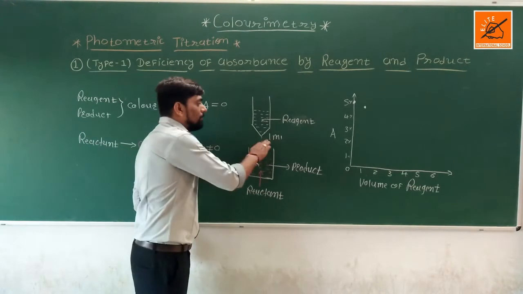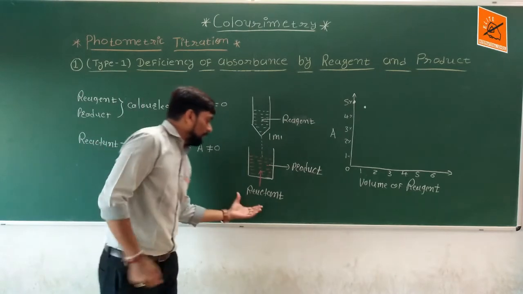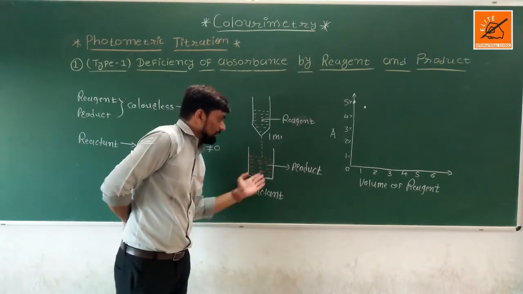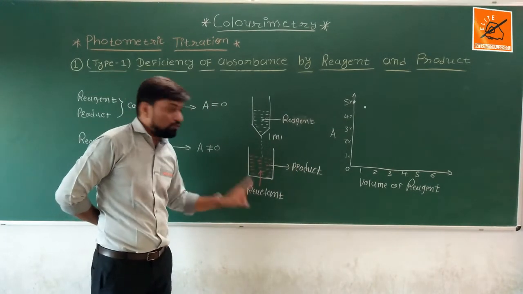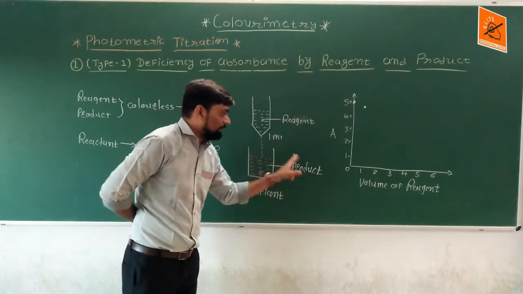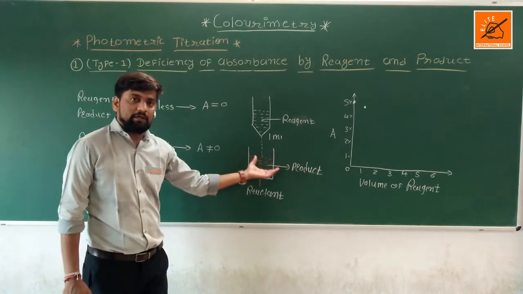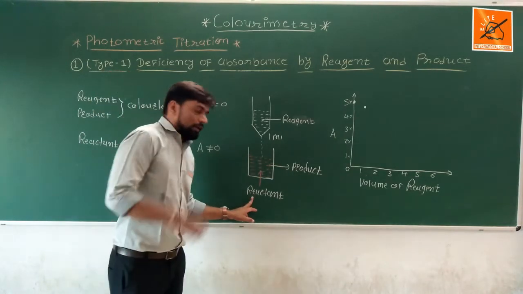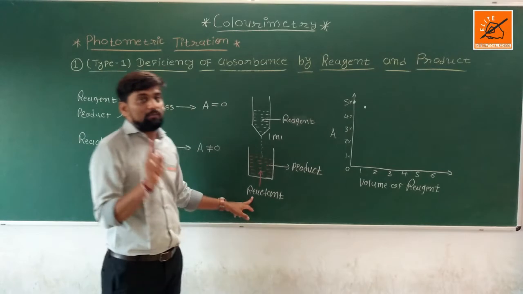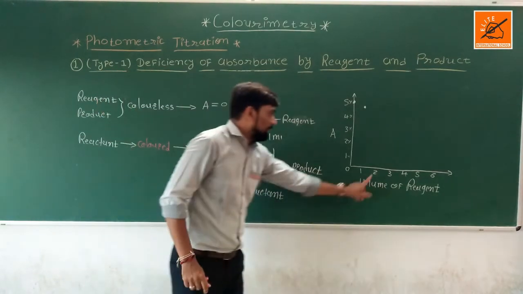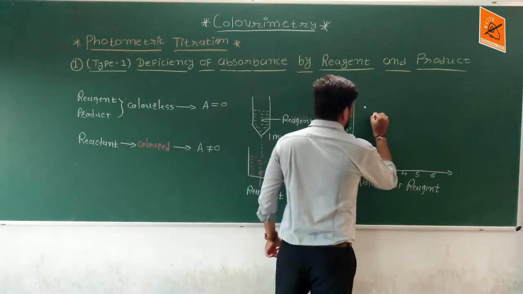Now we add 1 more ml of reagent into the flask. At this time 1 more ml of reactant converts into the product. So a total of 2 ml of reagent has been added into the flask, and a total of 2 ml of reactant converts into the product. The product formed is colorless. That's why light is not absorbed by it. The reactant is converted into the product, which means the volume of reactant will decrease. That's why the absorbance value will also decrease. So when 2 ml of reagent is added into the flask, at that time the absorbance value will decrease.